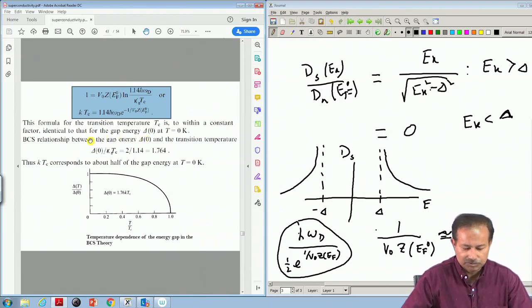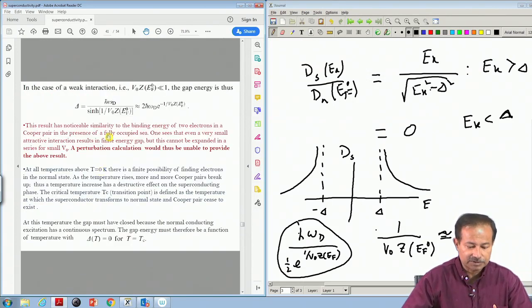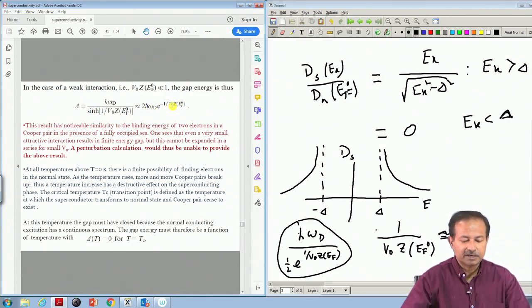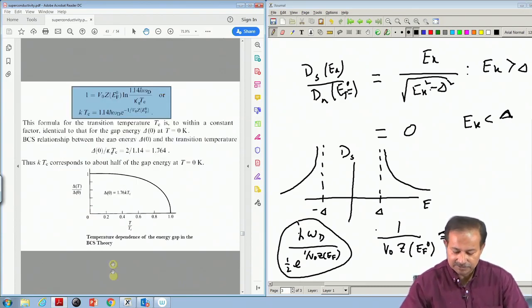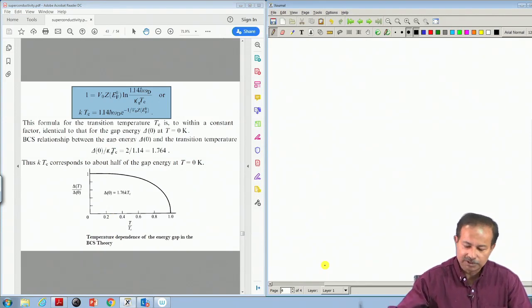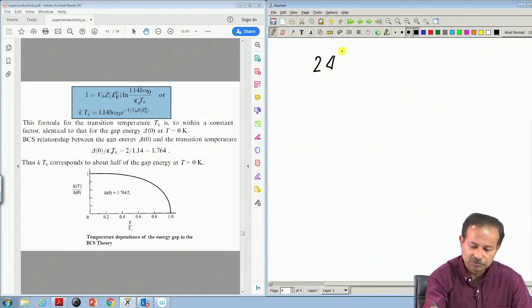Okay. So, that means that the exponential factor remains identical, except that there are numerical factors that change from delta 0. Remember the delta 0 calculation we did, delta at 0 temperature had 2 h cross omega d, and the exponential factor remained the same. So, usually one writes this in terms of a famous quantity, which is 2 delta 0 by kBTC, 2 delta at t equal to 0 by kBTC,